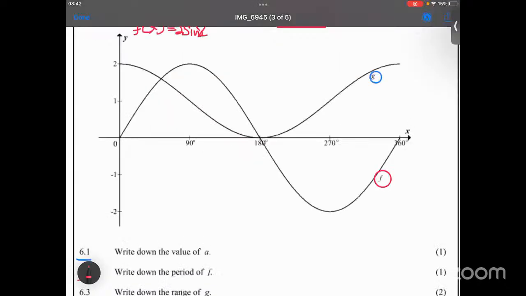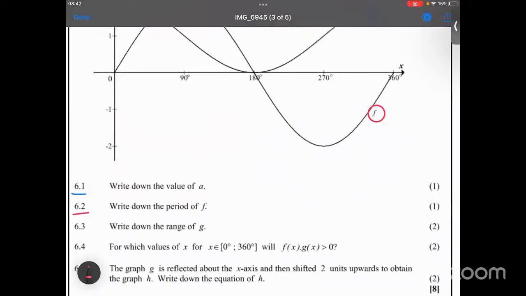When it comes to the period, calculate it the same way that I've told you. The period for the graph of f is 360 degrees divided by the b value, and the b value is 1. So that means it is 360 degrees divided by 1, which is equal to